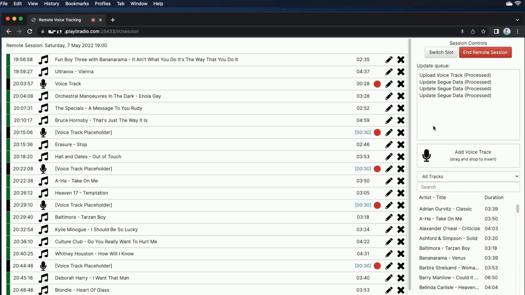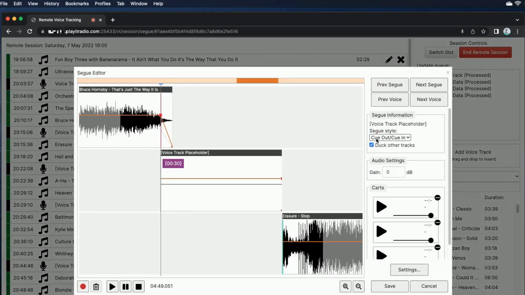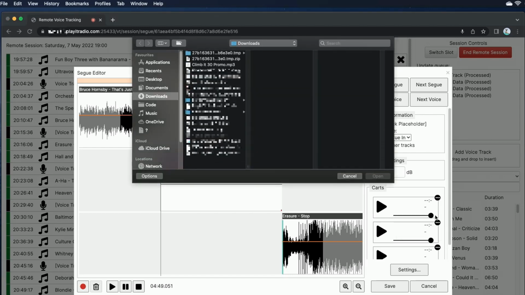Jumping to my next voice track, you will notice on the right hand side there is a carts section. This allows us to include carts into the voice track. For example, you might want to play a bed or background music. To load some audio, click on the 3 dots, or you can drag and drop the audio straight into the carts. So if you click on the 3 dots and click on load file, you can then go and find the file on your system to load the audio.